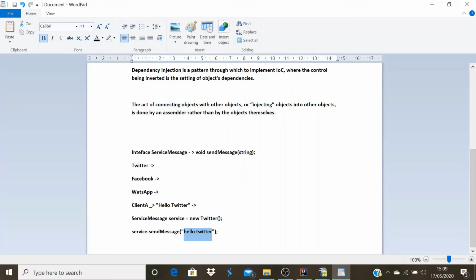This is the traditional approach. In this approach, I need to understand which service class is used to implement sending messages to Twitter, Facebook, and WhatsApp. So I need to know more details of the external library. In the case of Spring, we have features like dependency injection and IOC, where we can transfer this piece of code to the framework or container.